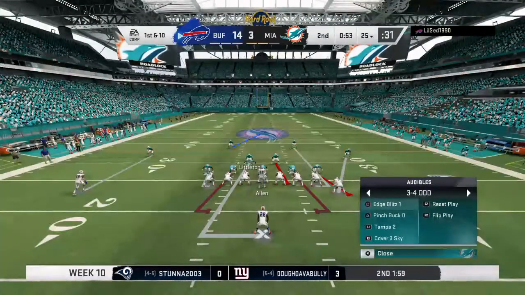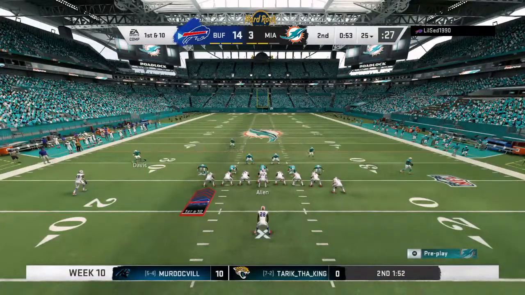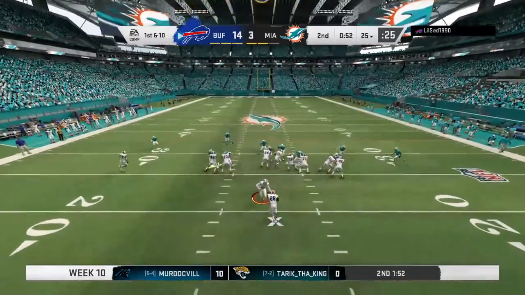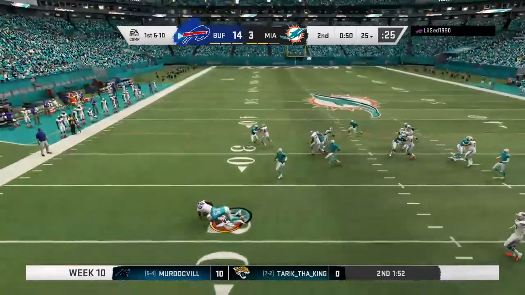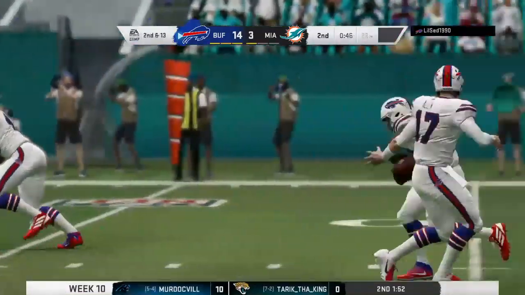The Bills come to the line to start their next drive. You've got under a minute to go here until halftime. You've got a good-sized lead. No need to do anything crazy. No, there really is no need to do anything crazy. The smart play, go ahead and take your lead into the locker room and then try and add to it